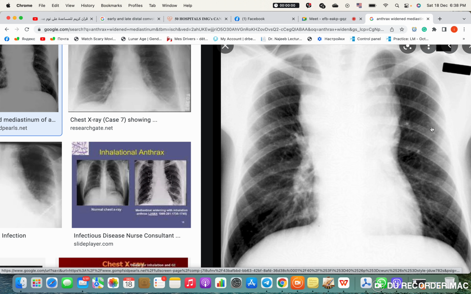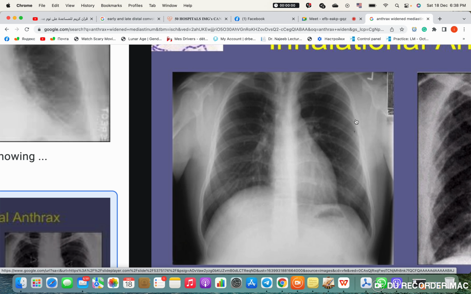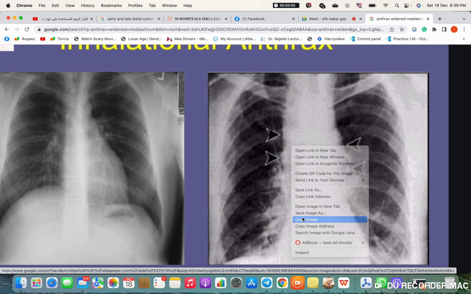So a logical question will be, how can I take a look at a mediastinum and where is this mediastinum? What does it mean? And how can I know that it's widened? First of all, you need to know how a normal mediastinum looks like. Normal mediastinum looks something like this. So you can see the heart is making 2/3 of the space, and always the lower portion of the heart is much smaller in diameter than the upper portion of the heart. If you take a look at the chest and it's as wide from the top as it's wide from the bottom, this is a wide mediastinum, okay?